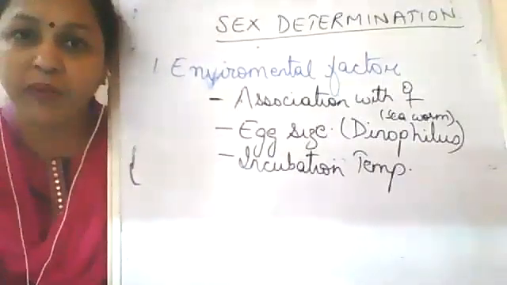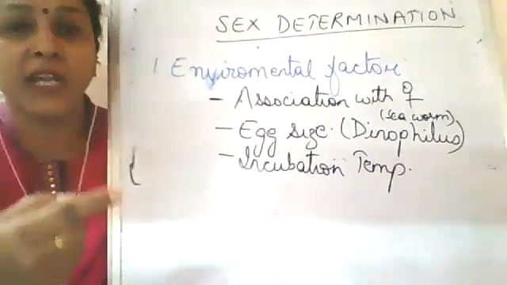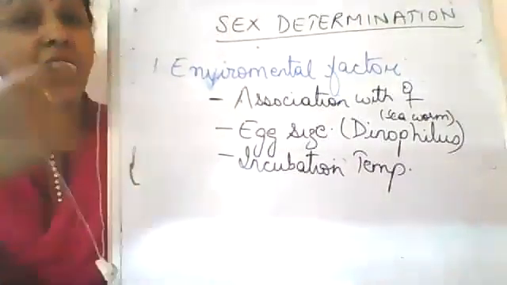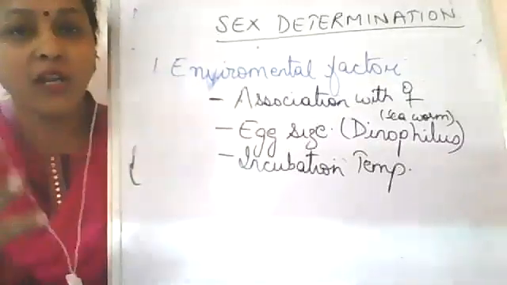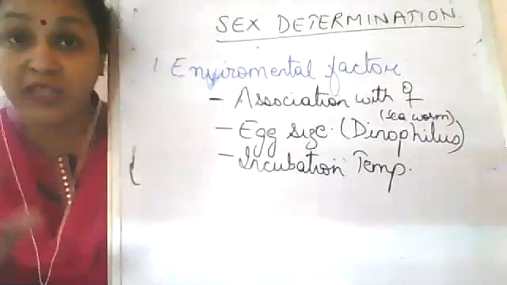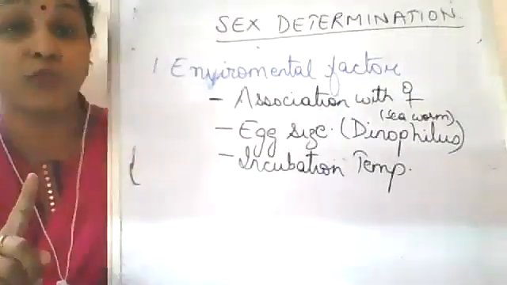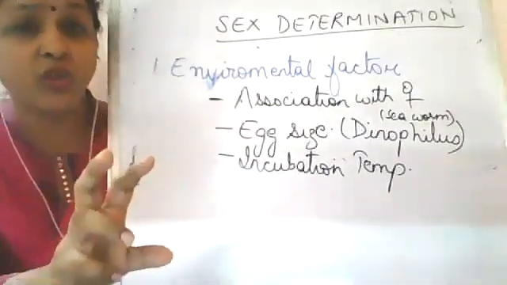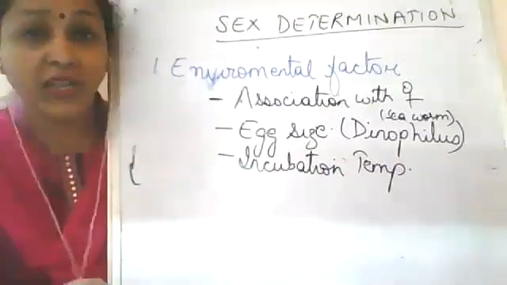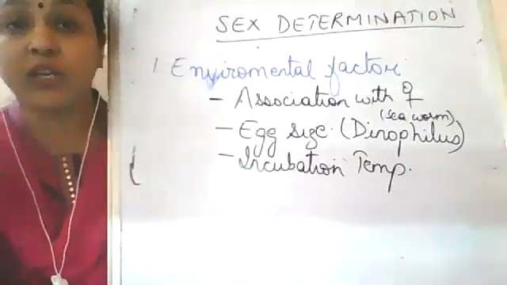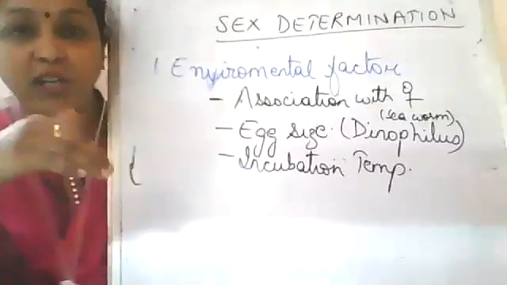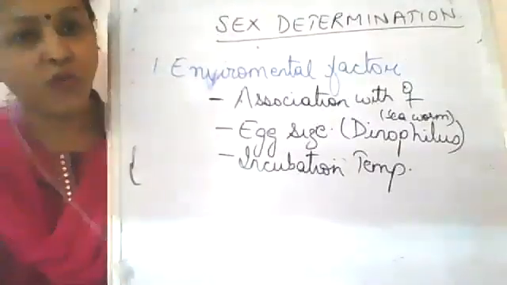So a lower temperature will activate the enzymes that will result in the formation of male glands, and at a higher temperature, it will switch on those genes which are present. Just like in humans, we have separate X and Y chromosomes. Genes for femaleness are only on the X chromosome, and the gene for maleness is on the Y chromosome. So in them, chromosomal demarcation is not there. The genes are all alike. It only depends upon what genes are getting switched on and switched off when coming in contact with the environment.